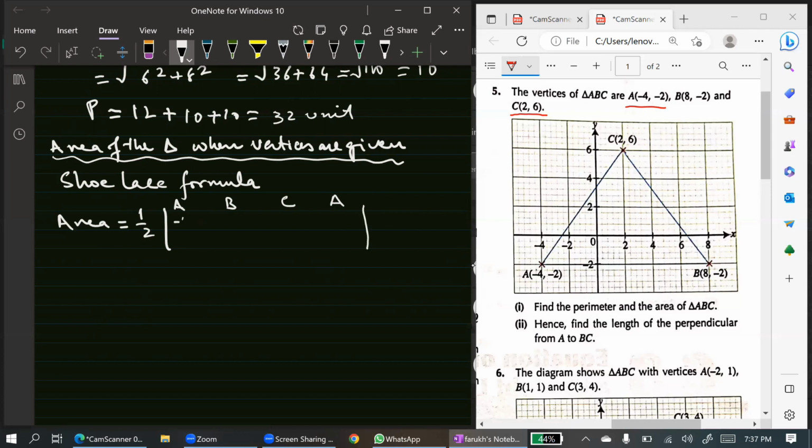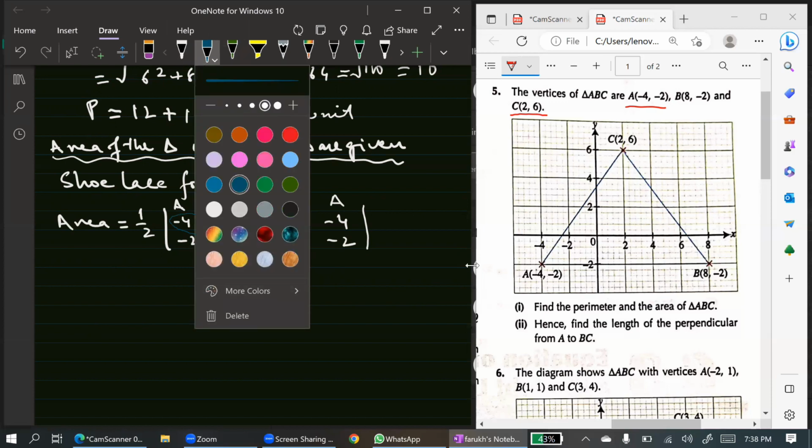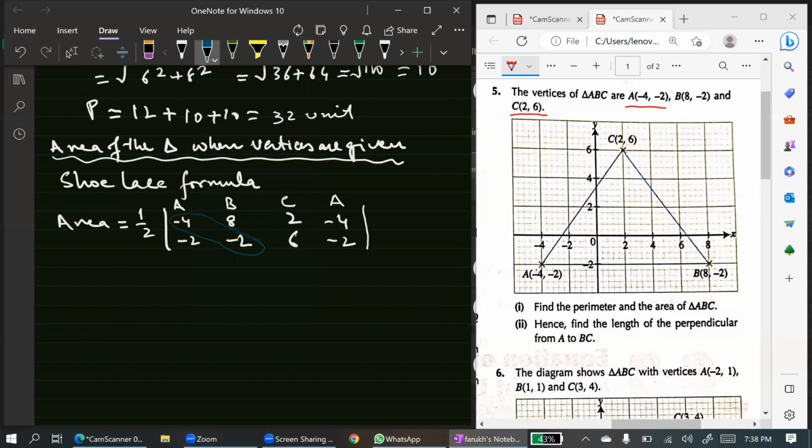Coordinates of A are -4, -2. Coordinates of B are 8, -2. Coordinates of C are 2, 6. And the coordinates of A again are -4, -2. First of all, we will multiply these two. Half of -4 into -2,